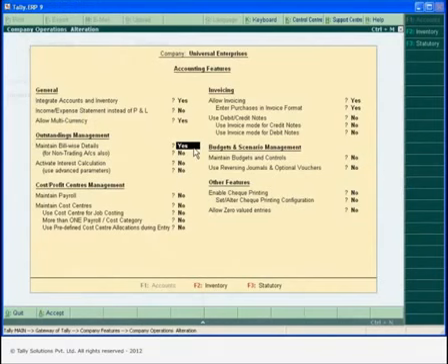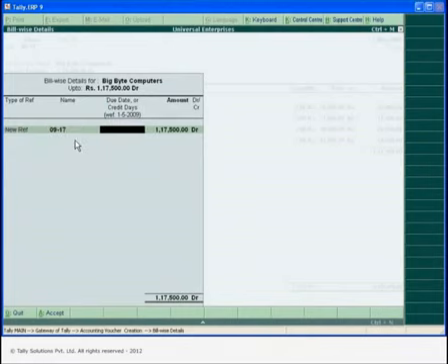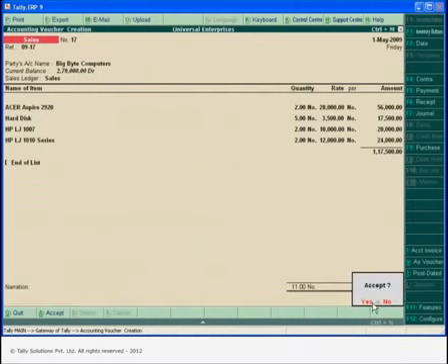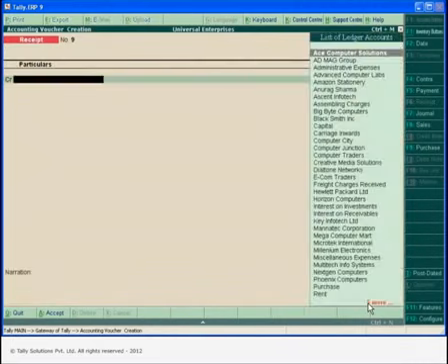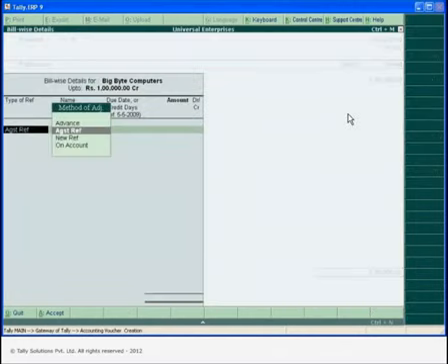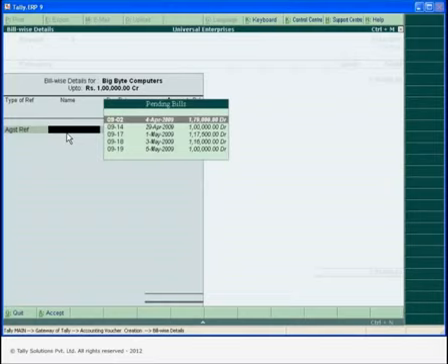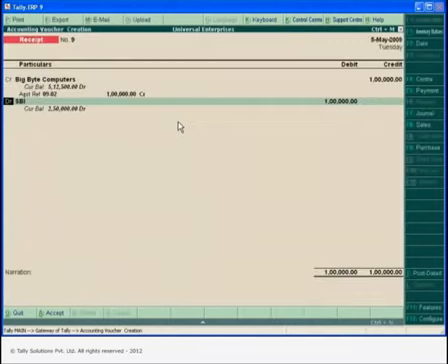Activation of Billwise details of open bills in Tally ERP9 can help you track receivables and payables and also compute interest on overdue bills. The option to provide bill references is integrated with sales and purchase, which helps in recalling the respective bills in receipts and payments. The bills outstanding from the customer are displayed in receipts voucher with their unique bill references. The amount received against bill references will update the respective pending bills.